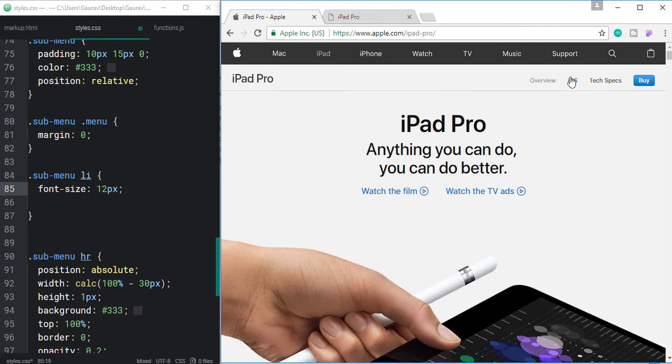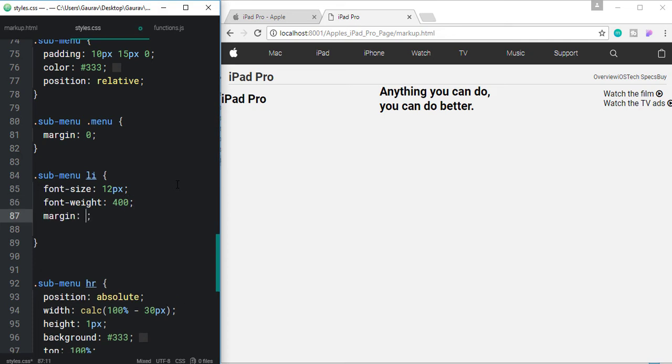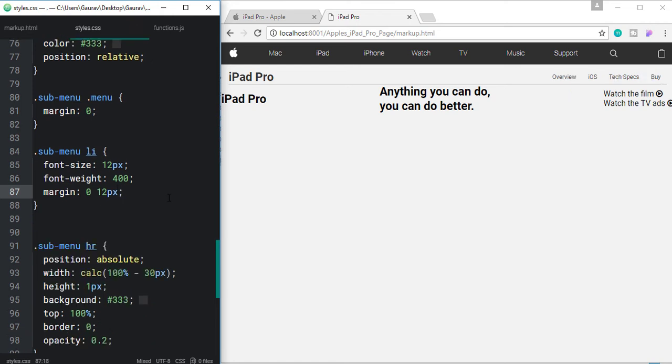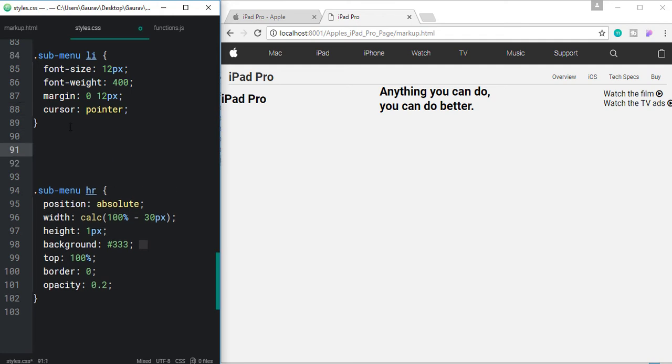So here they are slightly heavy in weight, so let's give them a font weight of 400, and let's give them a margin of 12 pixel on each side, and let's set the cursor pointer on them as well. And now let's target that buy button. So sub menu dot buy btn.